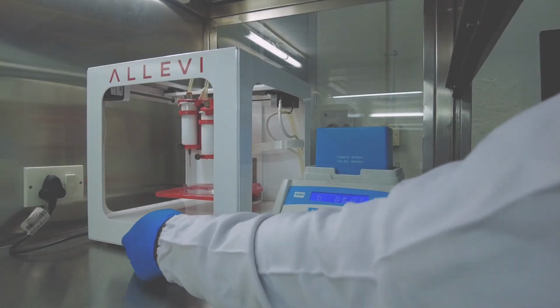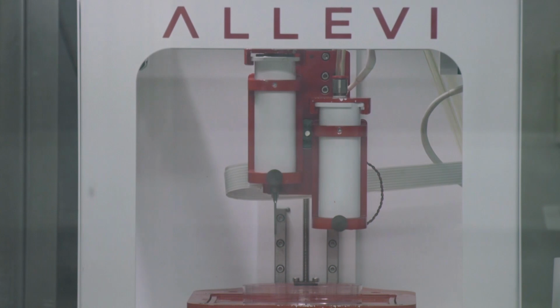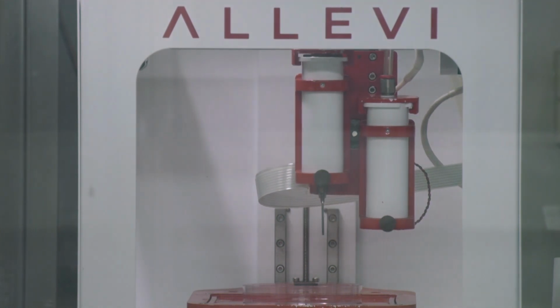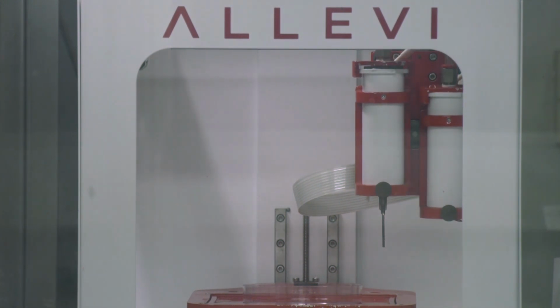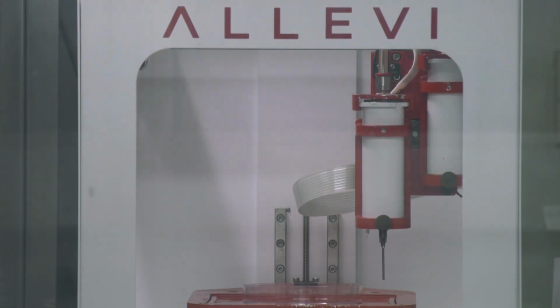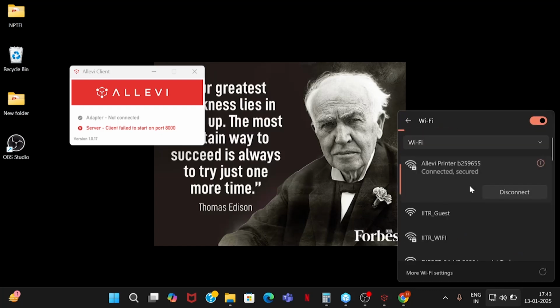First, we need to switch on the machine so that it can align to its ideal position. Then open the software on the PC and connect to the machine through Wi-Fi.